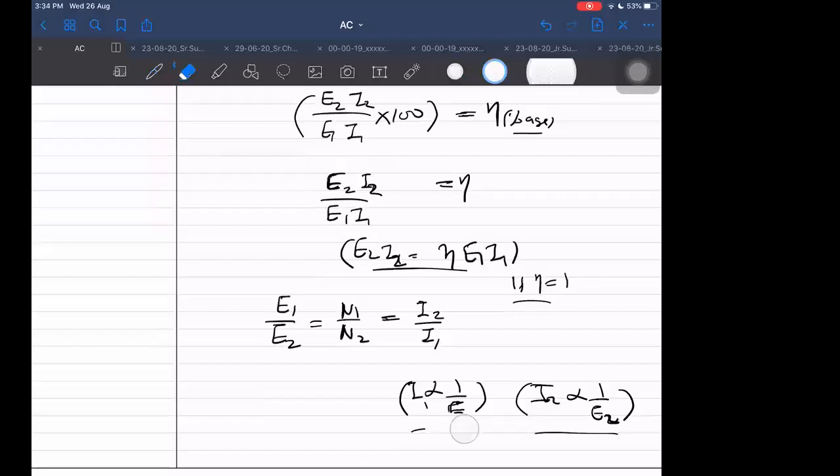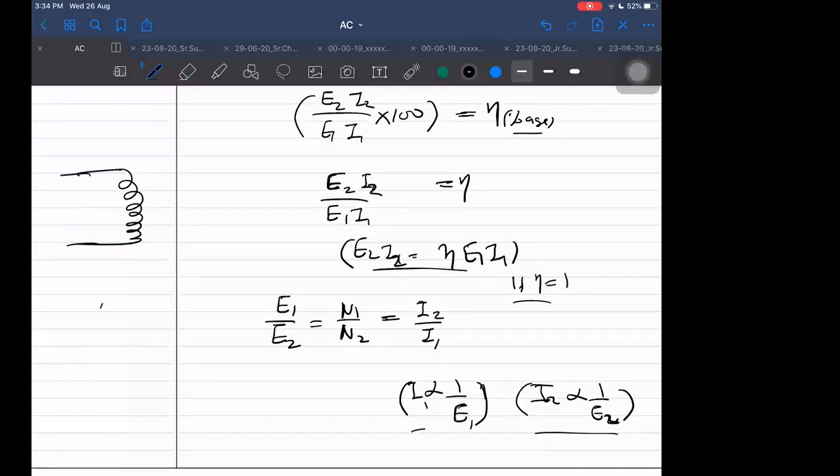What is surprising for some students? They think that more voltage means more current, but here it is more current and less voltage. Why do they think that more voltage means more current? Because they think V is equal to IR, but here V is not equal to IR. It is not a purely resistive circuit. It is a circuit which has inductance. This winding is like an inductor. And for inductance, we don't have such a rule that if I is more, then V will be more. For inductance, anything can happen. It can also happen that I is more and E is less. So it is not necessarily true that if I is more, then E will be more.